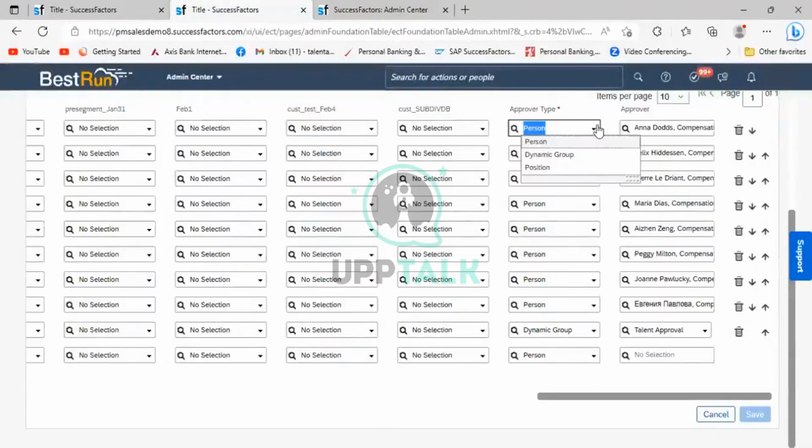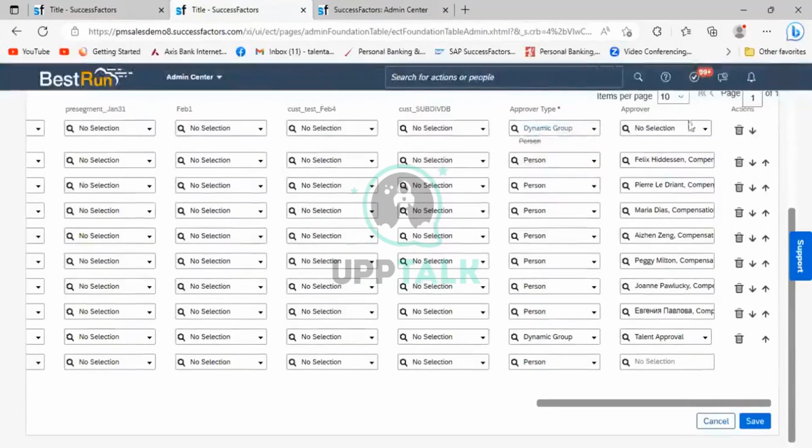Here we can see a dynamic rule is created by the name compensation manager. When the compensation manager is triggered, the workflow will be triggered. It depends upon the approved type. In the dynamic rule, what is the approved type? Suppose the approved type is selected as a person, it means that an individual person will act as a compensation manager. If we are selecting under the dynamic rule a dynamic group, and under the dynamic group we are going and selecting a dynamic group